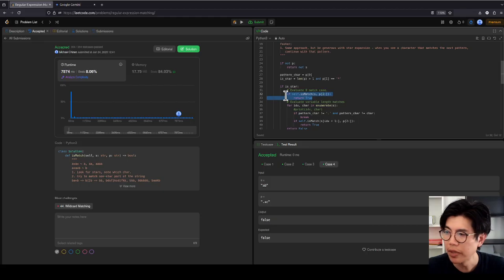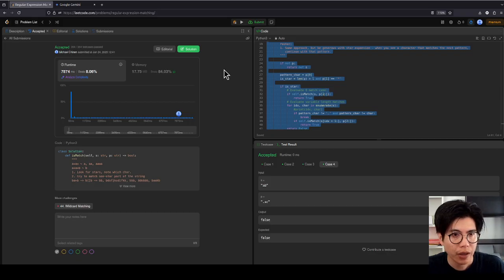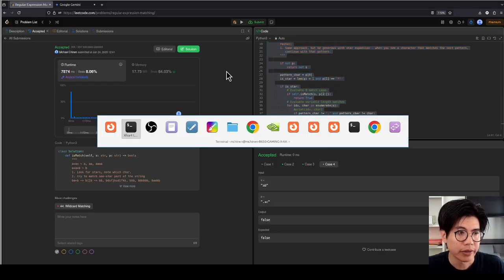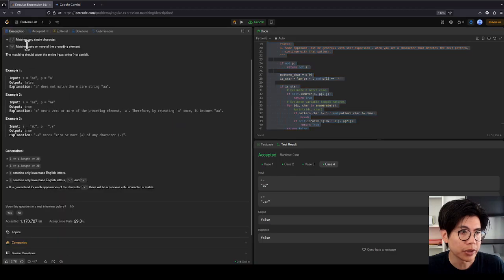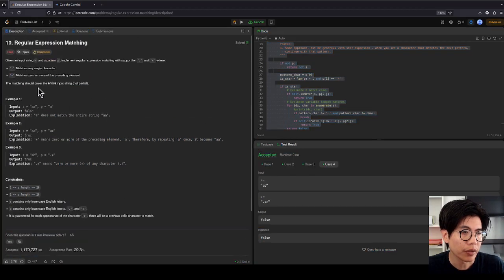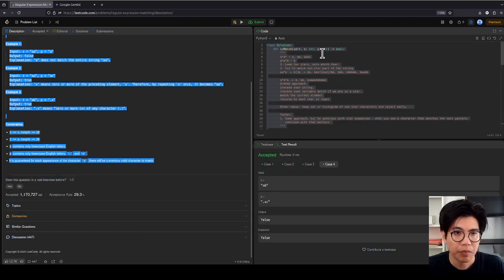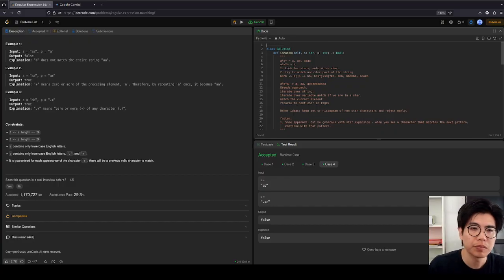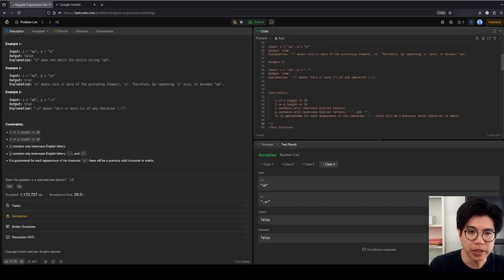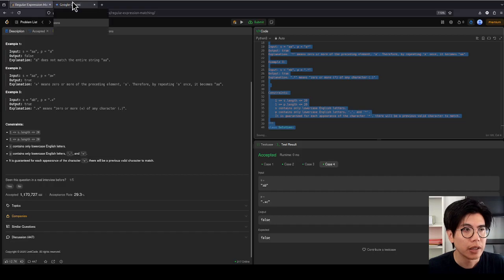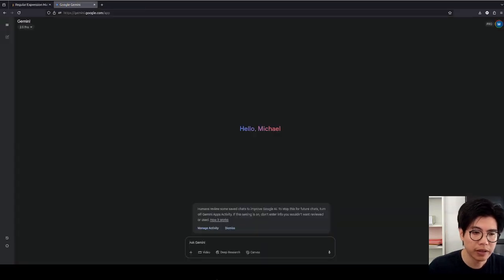Well, I think we are running out of time anyway, so I'm just going to take this solution, add the description, and then put it into ChatGPT to see if we can